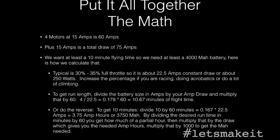Although the watts, we're not going to use it for anything here. And again, like I said, this percentage is only if you're not running it really hard. If you are running it hard, racing it, doing acrobatic type stuff, a lot of running around, that number needs to go up. So to get run length, we divide the battery size in amps by your amp draw,